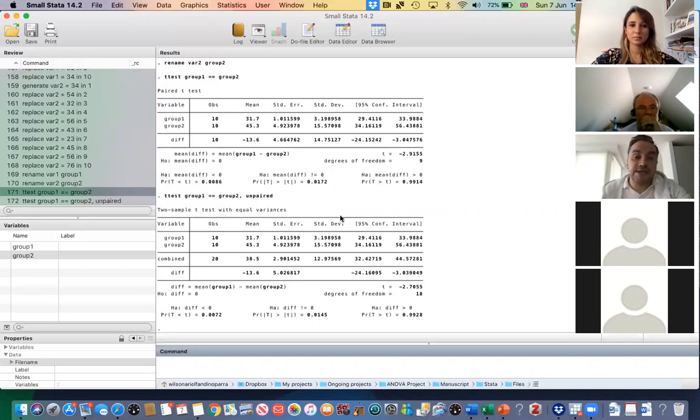And as you can see here, this is an unpaired test, and the p-value is quite different from here, and the t-value that I explained to you the other day is different from here and from here. So it is important to understand that if you don't specify to Stata that your data are unpaired, by unpaired, by the way, I mean that